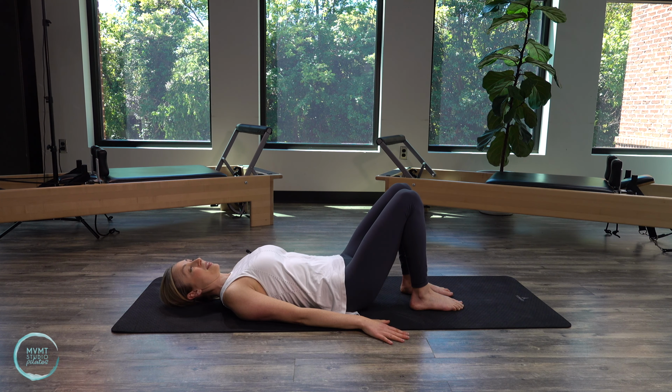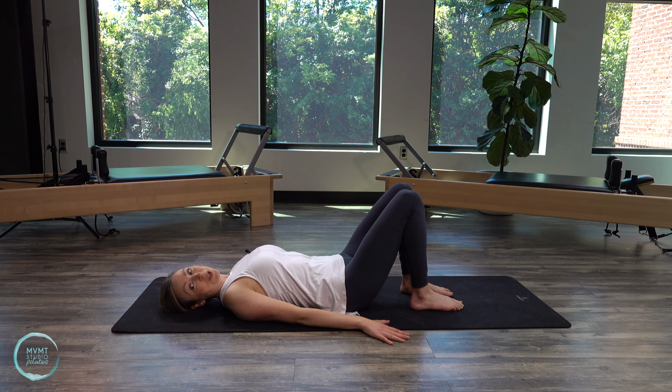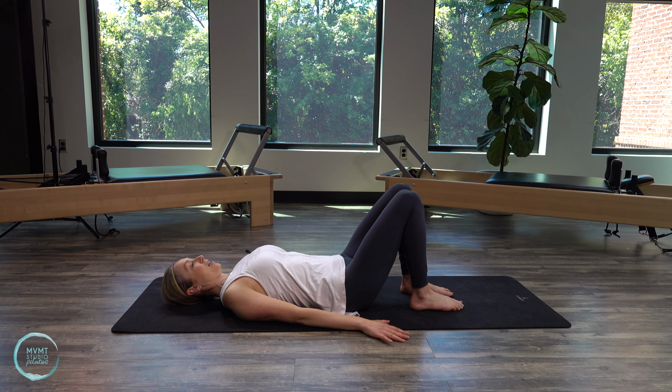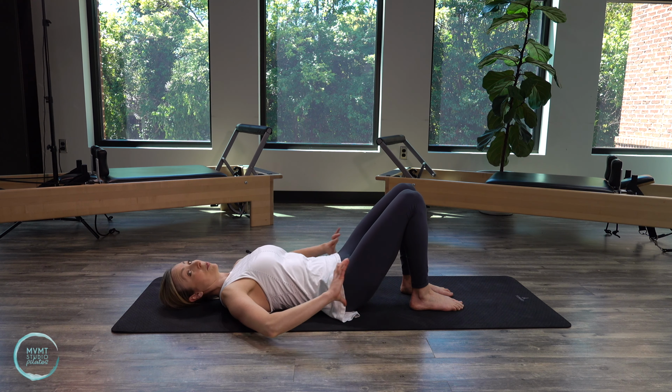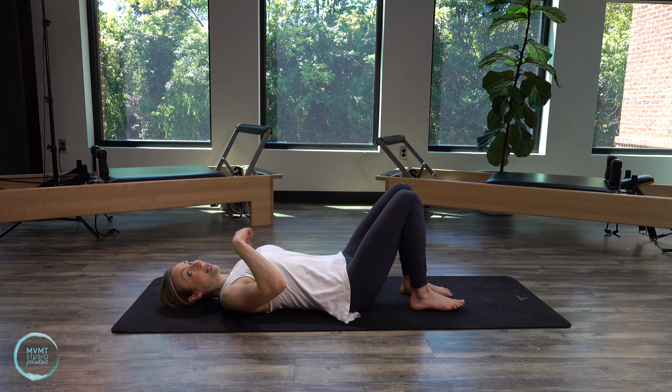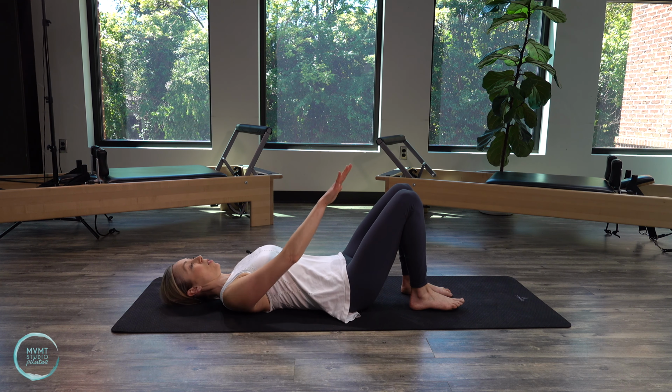And inhale, lengthen. Last 2. Good, last 1. It should feel really nice on your low back and your lumbar spine. Now we're gonna continue that motion as we roll all the way up into